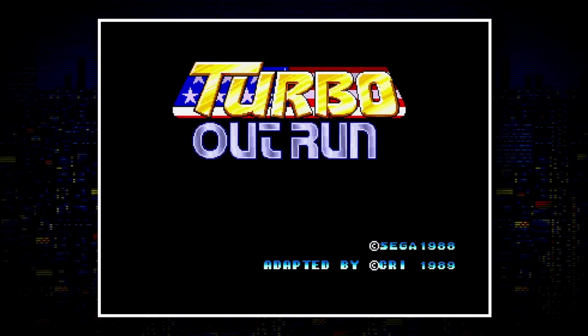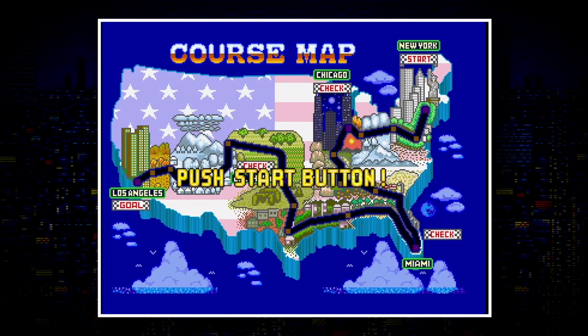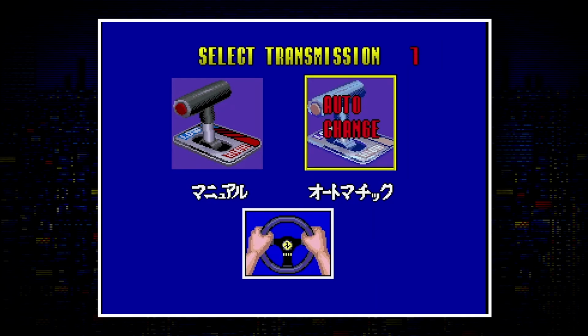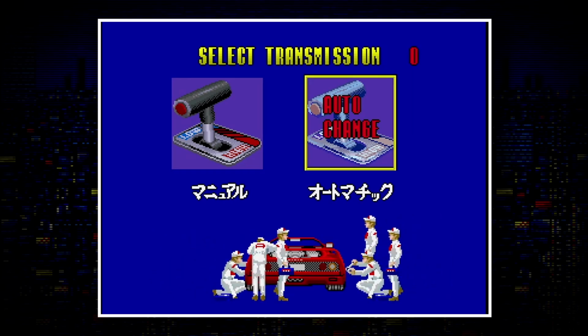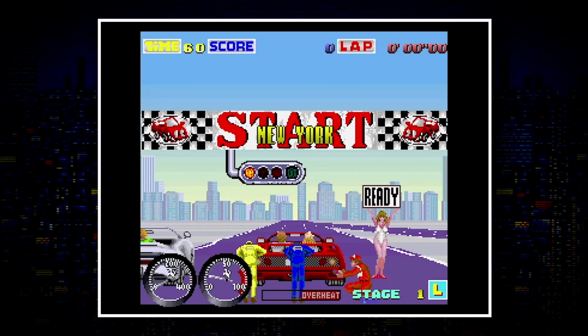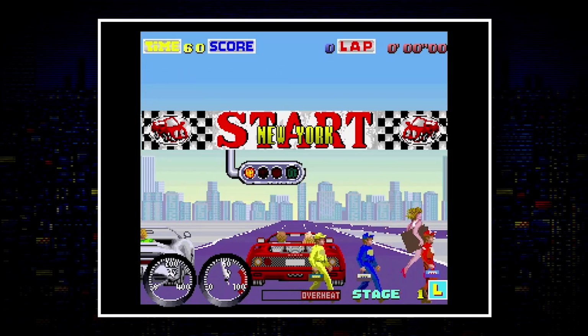Now, next up, we have another great bit of Sega arcade goodness here with the conversion of Turbo Outrun, the sequel to the legendary Outrun. Now, obviously, it isn't Outrun, which is an absolute bona fide classic. However, Turbo Outrun, in and of itself, is a highly enjoyable game to play. Now, yes, you don't have the crazy multiple routes like you had in the original, but you still have a pretty darn good arcade racer. And again,